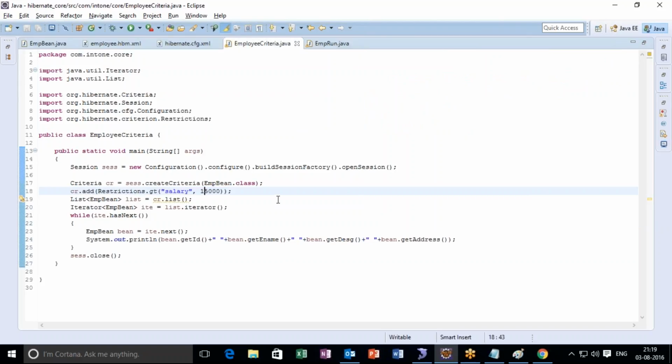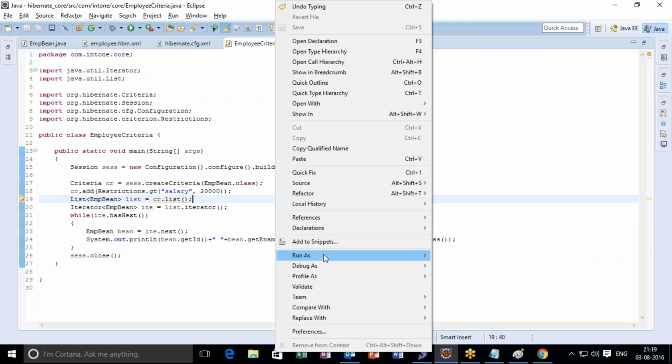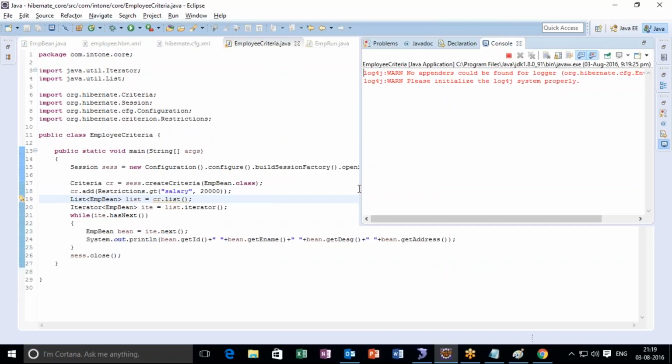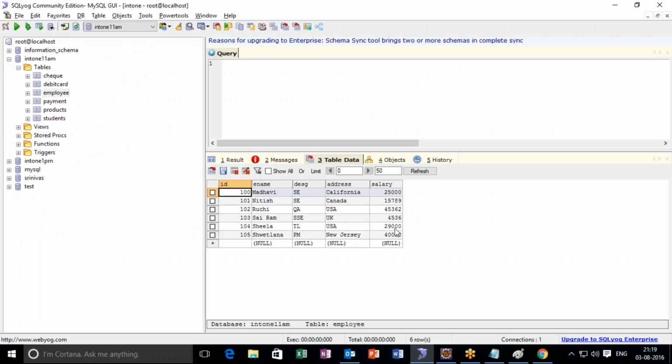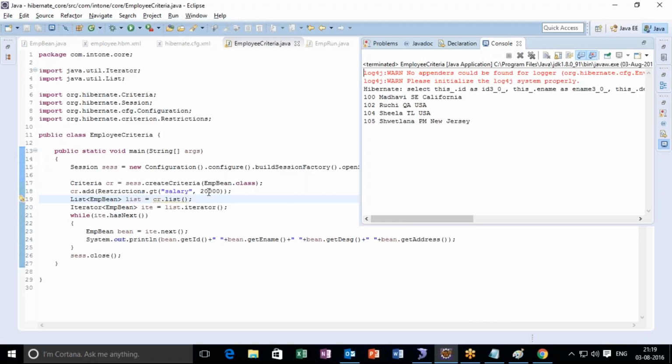Suppose we would like to go for more than that, only 20,000. Now we got to see the employees Madhavi, Ruchi, Sheila and Svetlana, whose salary is greater than 20,000. Still we can try many conditions here: 25, 29, 40, 45, right? So let's try to run for